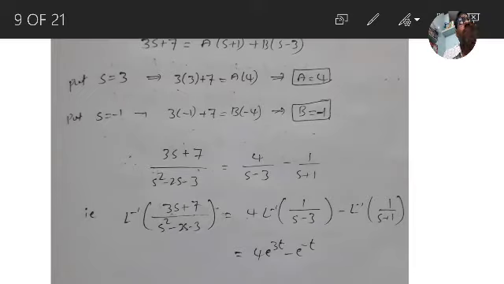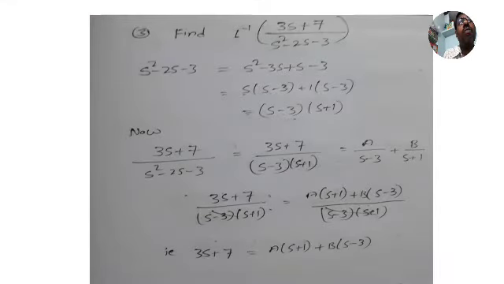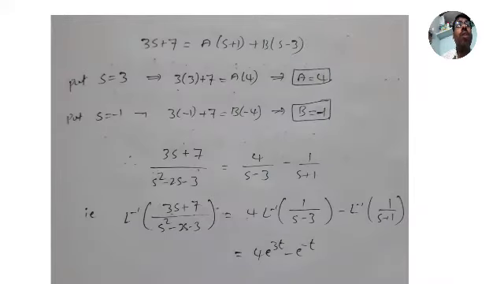So first of all, this quadratic can be written as linear factors, and these linear factors you then convert into partial fractions with constants a and b. So take LCM, cancel the denominator, equate the numerators. After equating numerators, to make b 0, put s is equal to 3, then find the a value. To make a 0, put s is equal to minus 1 and find the b value. You got a value and b value, a equal to 4 and b equal to minus 1. Substitute, apply the standard formula, then write the answer. That is, you will get it for 5 marks.